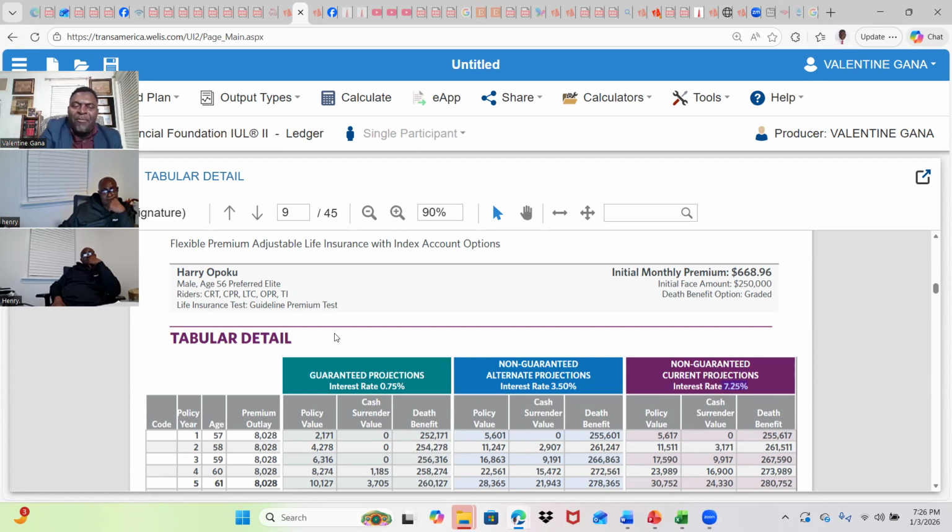So what affects this interest rate growth is not the premium you're paying, but what Wall Street is doing. Now, this percentage is going to apply to the cash in your policy. So this growth rate, as assigned for that year, is going to apply to the cash in your policy, but the level of your premium is not going to fluctuate. Did I answer that question? That is correct. All right, that's good.